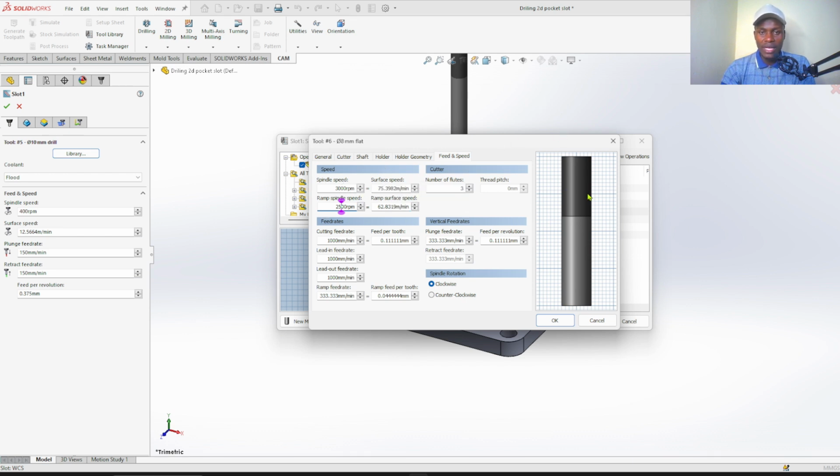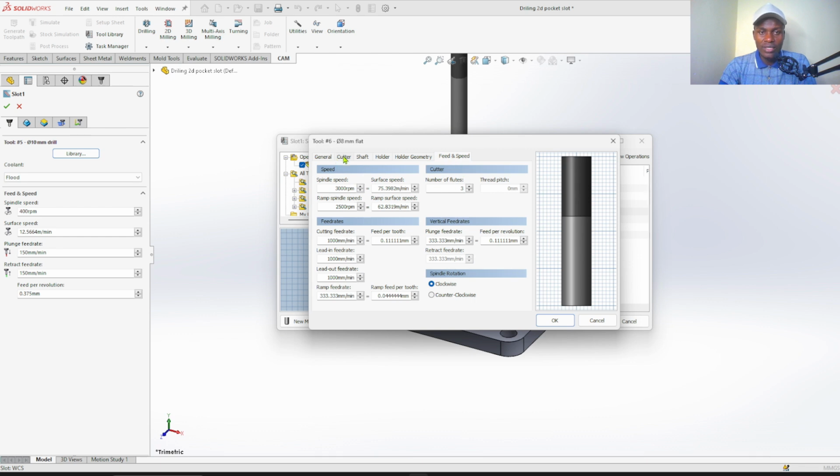But now while cutting, that's what we call ramp spindle speed, so it will reduce to around 2500. But you'll be playing around the percentage on the CNC machine. Every other thing to remain the same, and that's on feed rate.